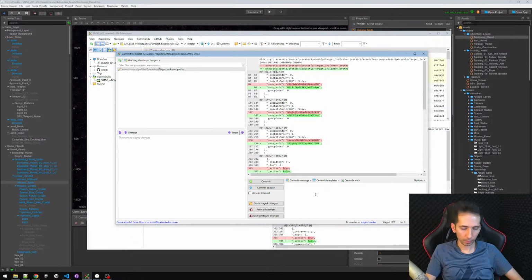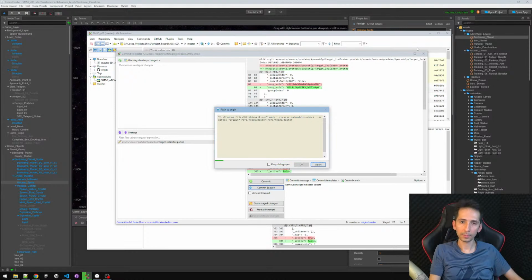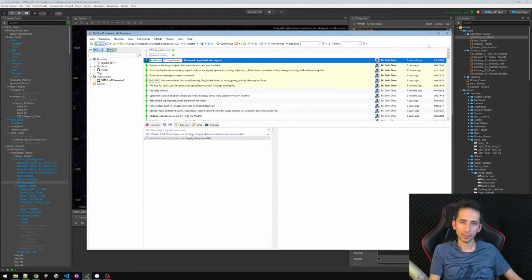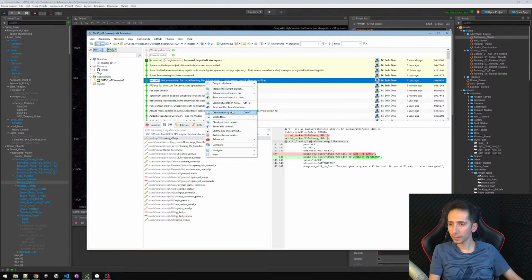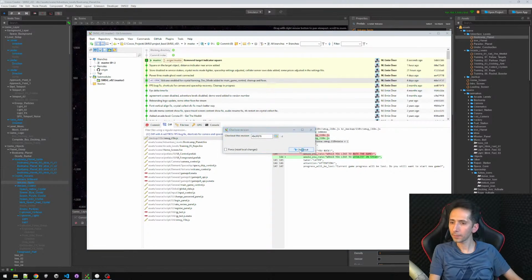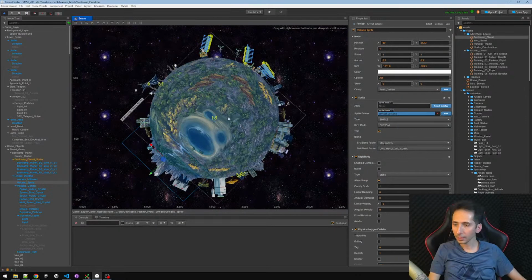So let me quickly push this one. Removed. Target indicator square. Up. Yes. It is okay. Now I can go back to this commit. How can I go that? Check out to this commit. Yeah. Check out. You're welcome. So